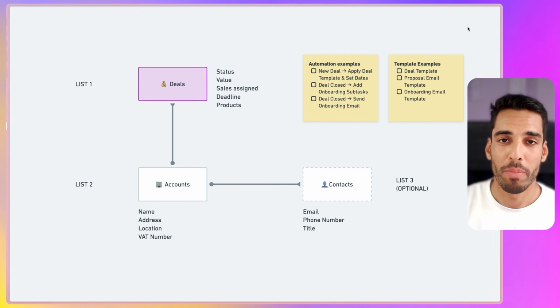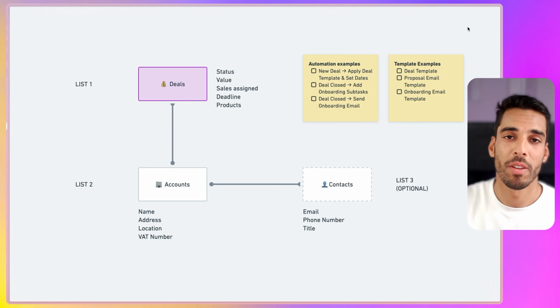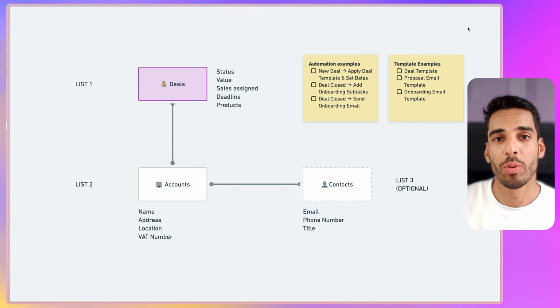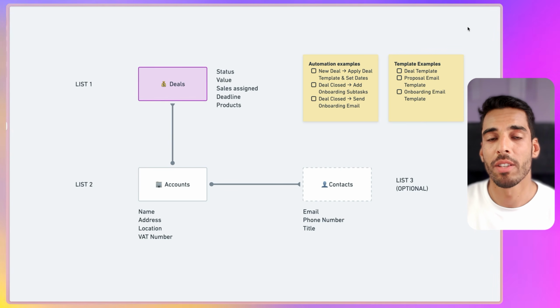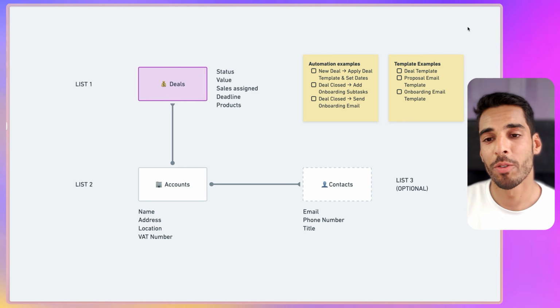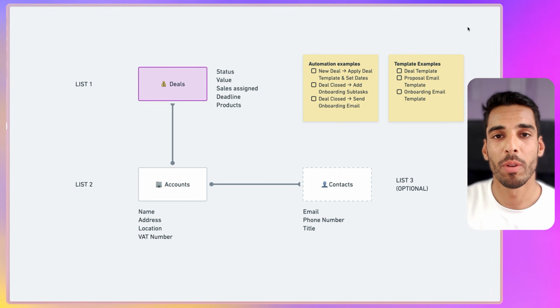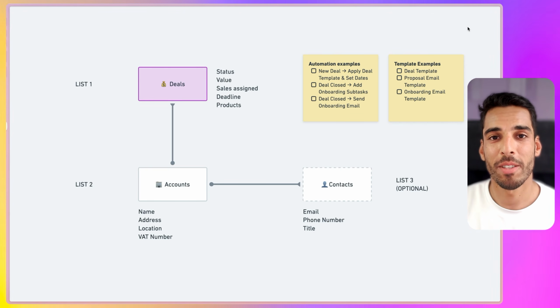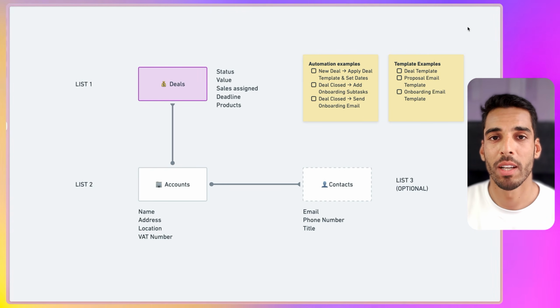So if we set that up properly in ClickUp, we'll be able to create some custom automations and custom templates to allow us to go through deals much faster than usual and onboard the client in a more systemized way through creating a sales and onboarding process. The first one is going to trigger a deal template when you start a new deal. That way your sales team will be able to run through the same sales script when they start with a new prospect, and you'll have a better overview of how each deal is going through.